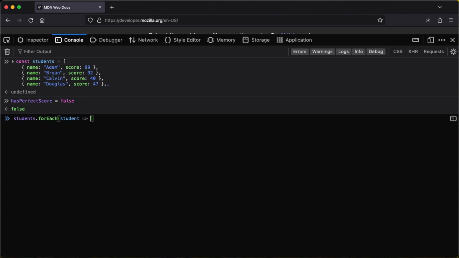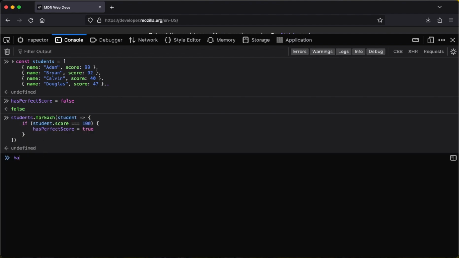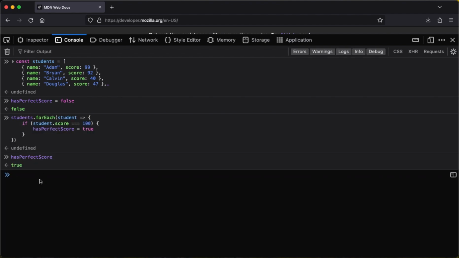Like so. And we'll say if the student.score this time is equal to 100, then we can change hasPerfectScore to true. And we can see this works as expected, but we can accomplish the same thing much more concisely using the